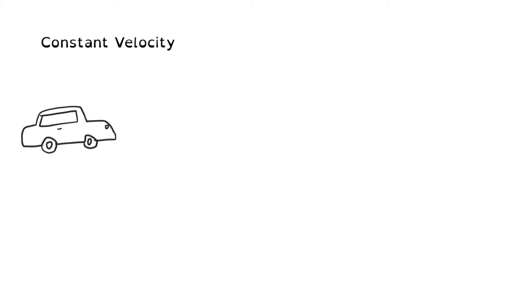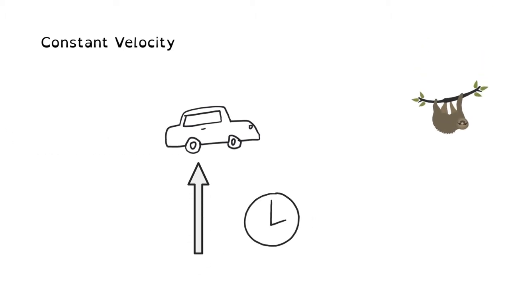In this video about braking distance, we start with a car moving at a constant velocity, but then all of a sudden a sloth falls out from a tree, and the car has to think about braking. However, it is moving at a constant velocity still, and only when it presses the brake will it start to